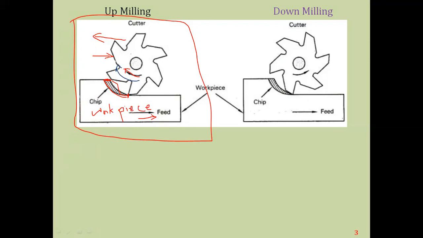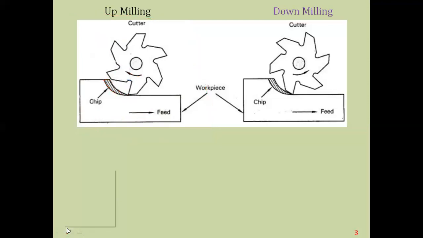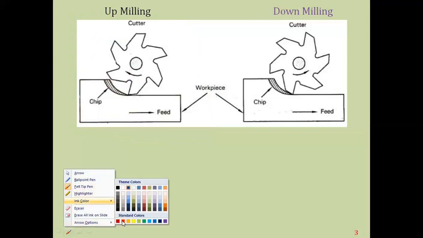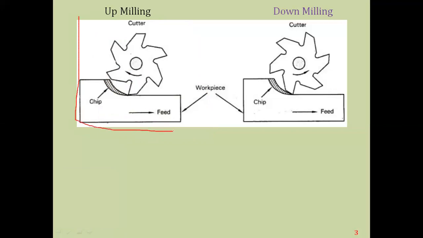So especially in the up milling, if we don't have efficient circulation of coolant, then as I was telling you, when the cutting tool and the workpiece are in contact with each other, at this point in up milling, where the workpiece comes in contact with this cutting tool from here to here, a large amount of heat is generated due to friction between these two surfaces. So you have to remove this excess amount of heat with the help of some coolant material.